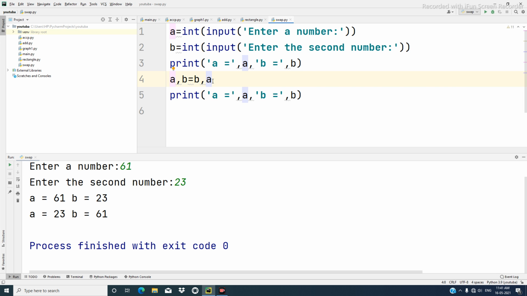This is one of them. So we have known how to execute a program that will swap the values of two variables by applying two methods, one the traditional method and the other one Python's own statement.